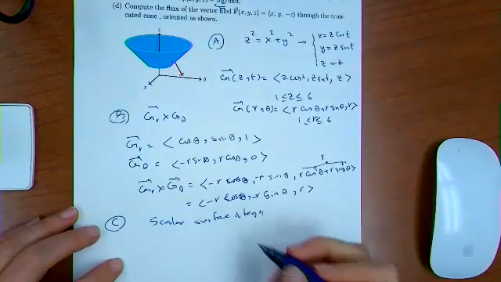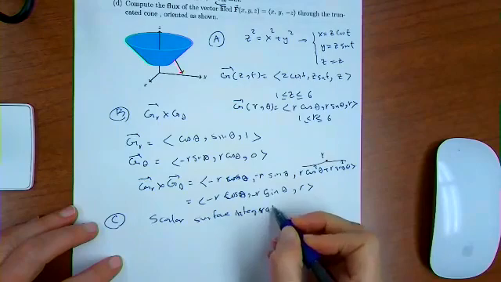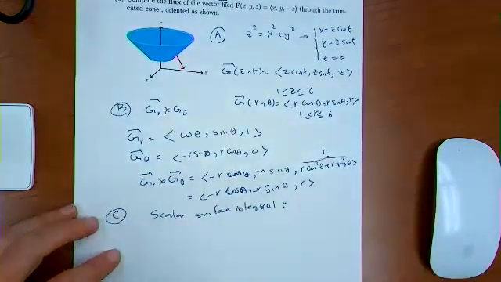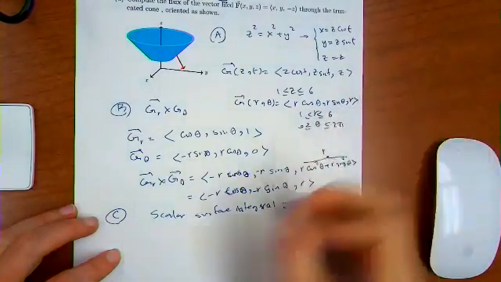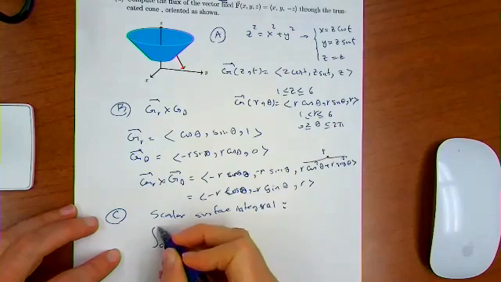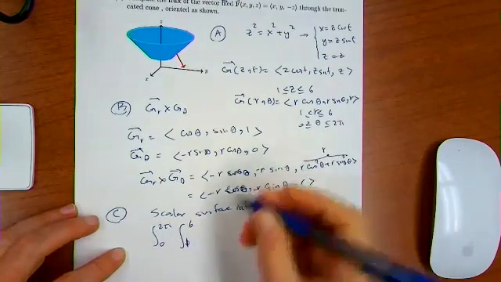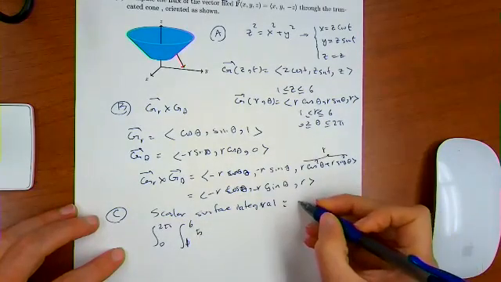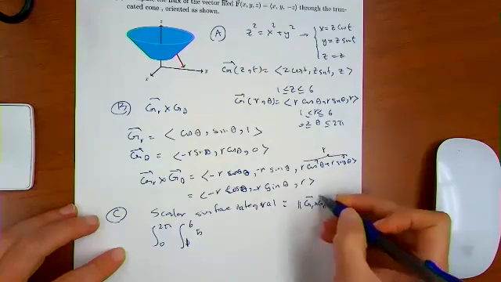So let's find the scalar surface integral. Theta is between 0 and 2 pi. So 0 to 2 pi, 1 to 6, and the integrand is 5. And I have to find the magnitude of G sub R cross G sub theta,